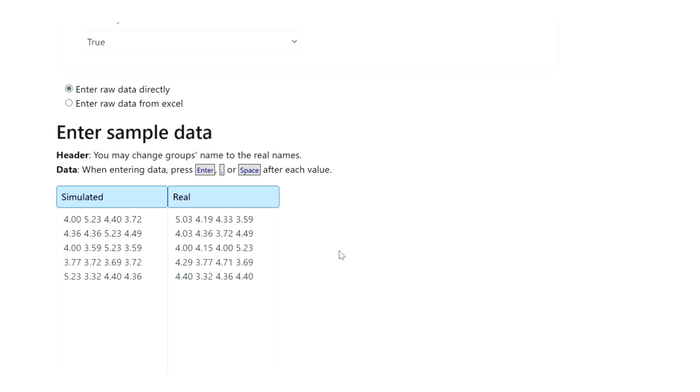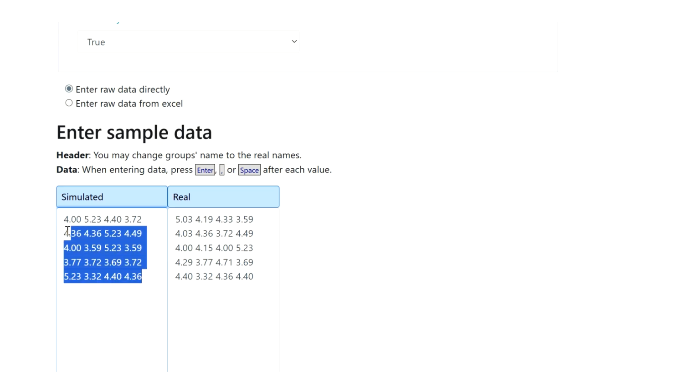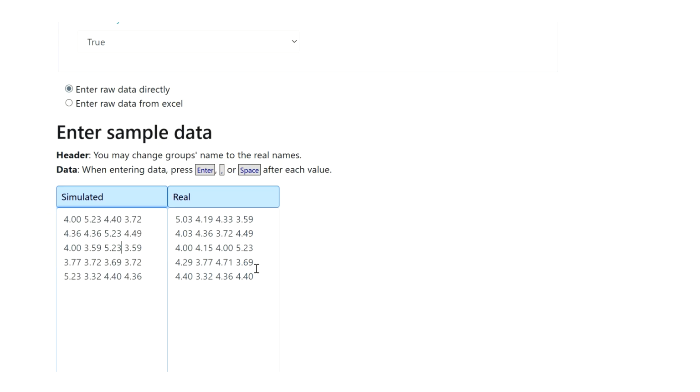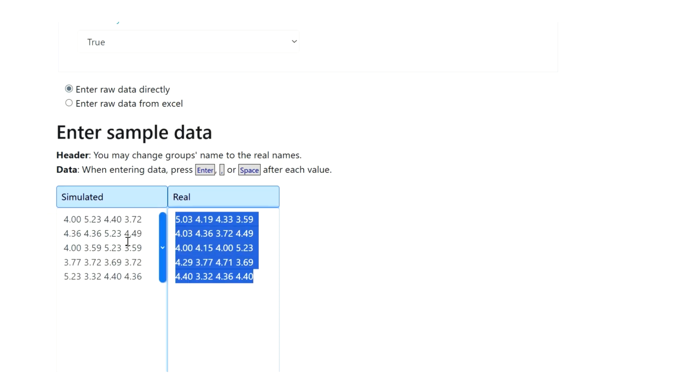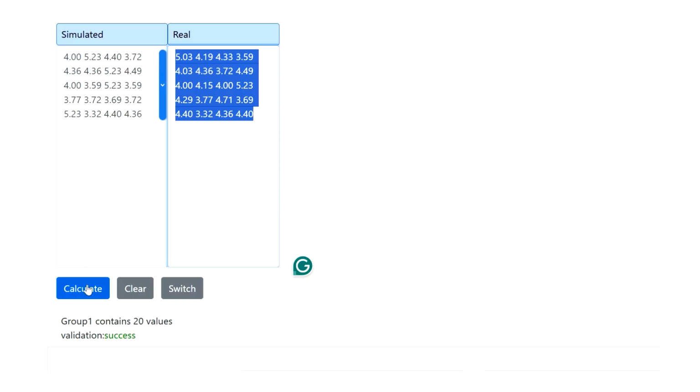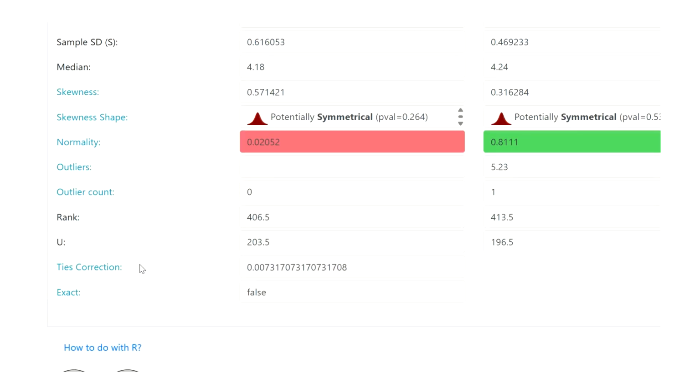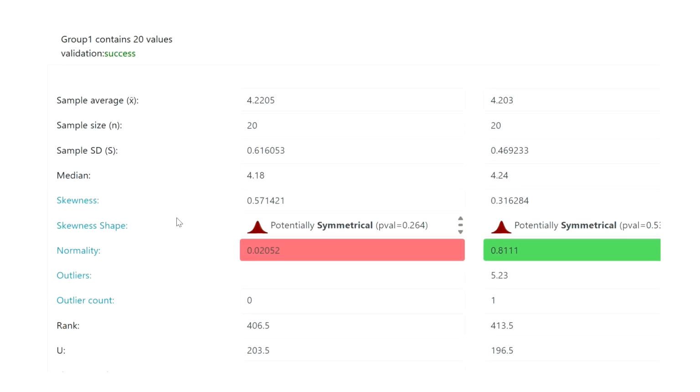Just not to confuse you, I already inserted all the necessary data, so no copy paste anymore. The data is already here: simulated data and real data. The simulated is the one which we get from a simulation model. And next, we just need to press calculate, and immediately we are receiving the